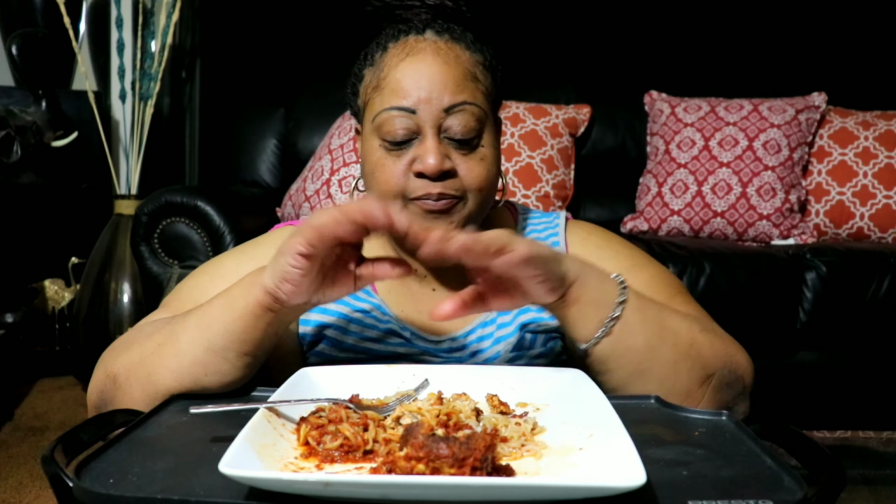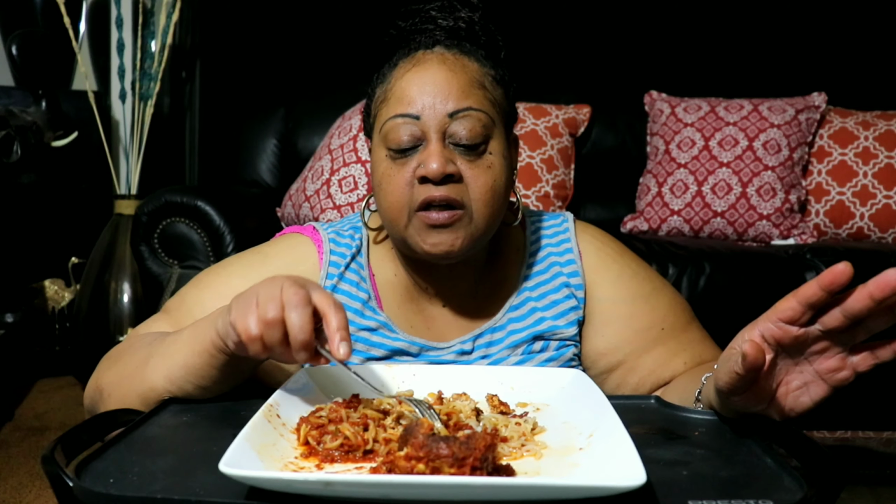After I pureed it, I poured it over the meatballs, okay? And then I got the diced tomatoes and put those in the sauce, and then put my other little spices in there that I want. And then what I did for the meatballs, I cut up a little piece of onion and bell pepper, and then